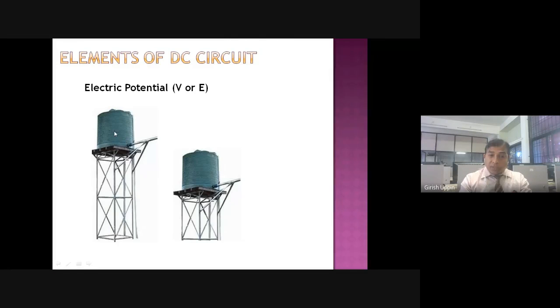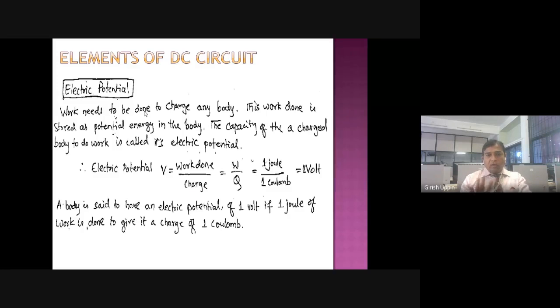So the capacity of this water to do work is more compared to this one. That capacity to do work is called a potential. Now, on similar lines, what is electric potential? Now you have the understanding with respect to that water tank. Now we will see what is electric potential. Work needs to be done to charge any body, right? So in case of a water tank,